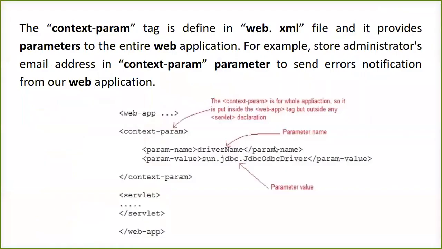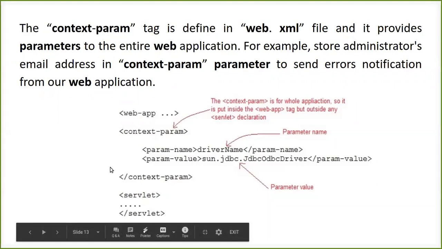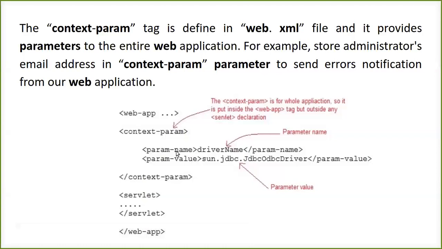Okay, now we studied about the context param tag. We had one word in that, key. If I wanted to pass a number of pieces of information to many servlets in one go, I have an option in the web.xml file where I can add the context param tag. Always remember, your context parameter tag is always going to be placed outside your servlet tag in your web.xml. So what is going to happen if I wanted to have a parameter name, maybe your driver name.